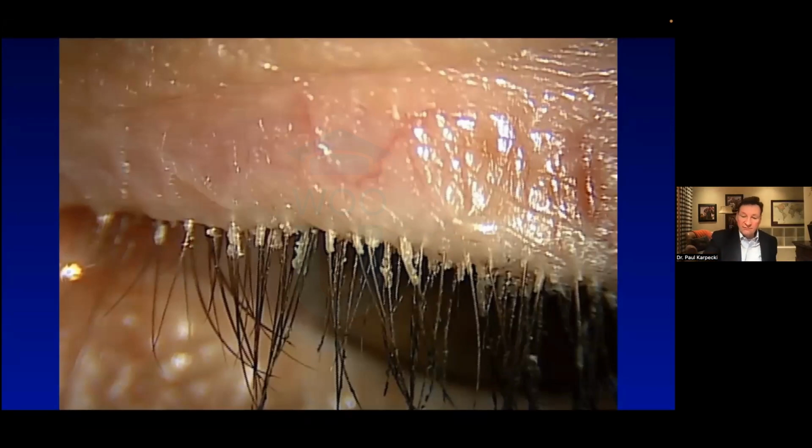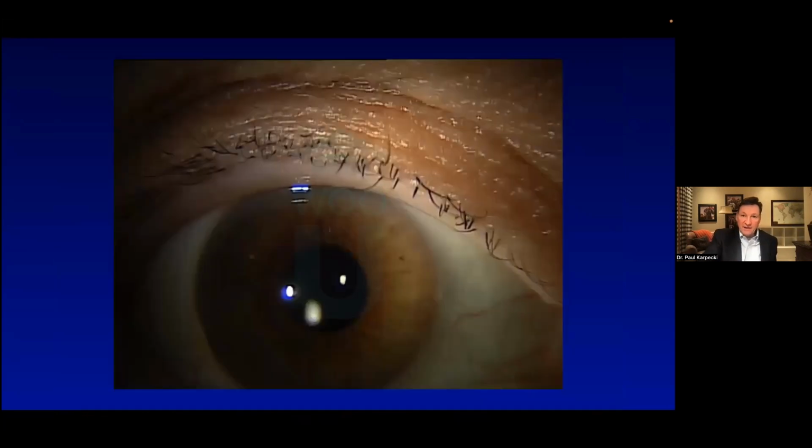I think most of the collarettes indicative or pathognomonic for Demodex blepharitis are hard to see. Here's an example. I'm looking at that upper eyelid. I mean, I'm seeing a few crazy, displaced lashes. So that's one indicator. I'm seeing a couple places where they're missing. That's another indicator. But it's hard for me to see the collarettes. But when I have the patient look down, oh, now I see those clear sleeves, white sleeves right at the base of the lashes. That's where it is.